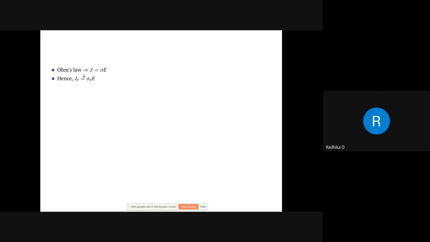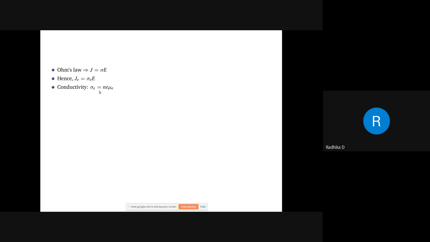Similar to your V is equal to IR, it originates from the same thing. So J is equal to sigma E. Similar to that, J is equal to sigma E is a general expression. So I can write for an electron, Je is equal to sigma E into E. We already got one expression. What is that? Je is equal to Ne mu into E, right? So if I just equate these two expressions for Je, sigma E into E and Ne mu E.